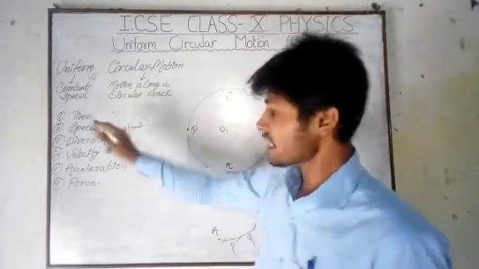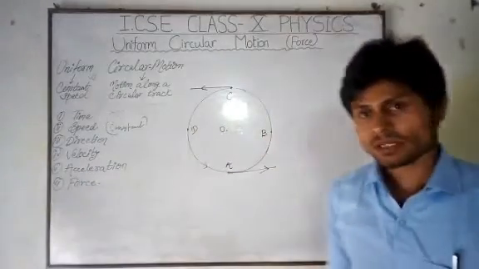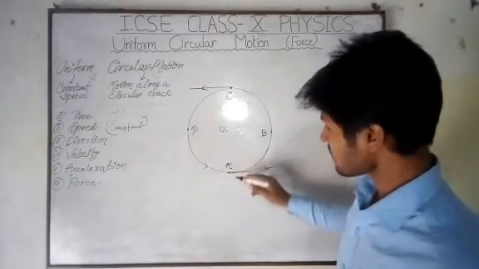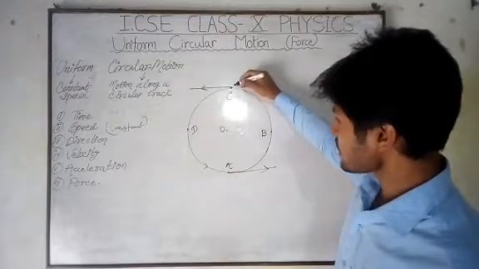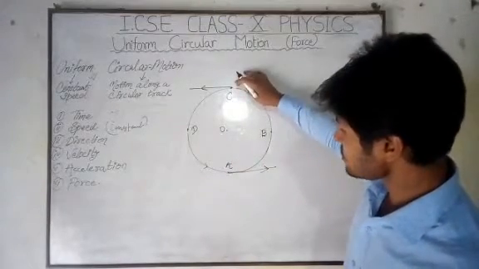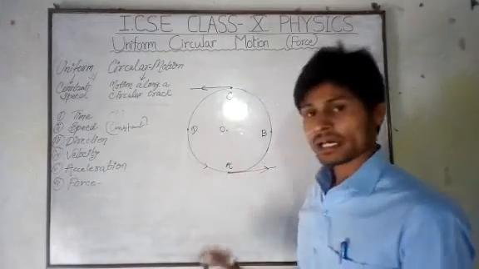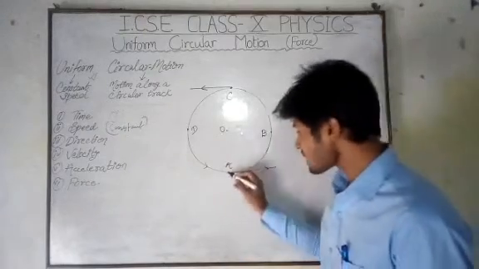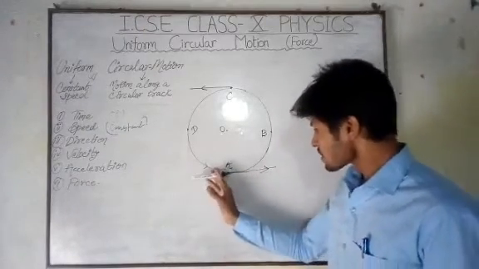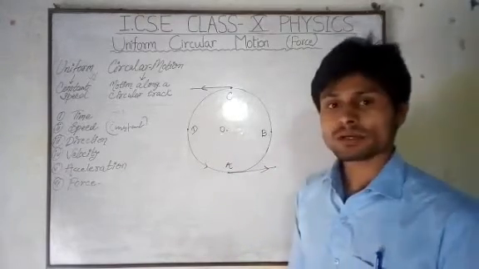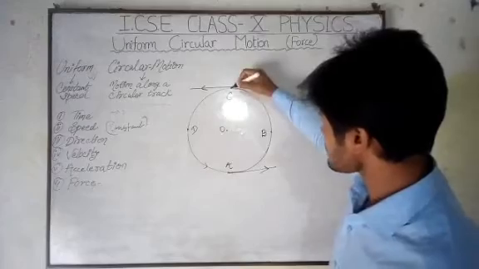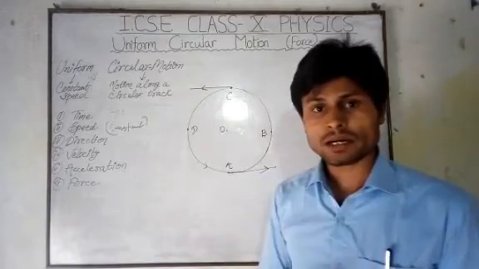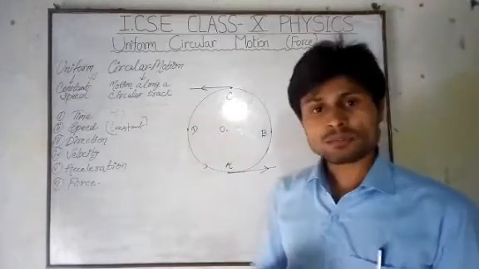Now what about the direction? Let's think about two positions of the particle as it moves along the circular track. Suppose the first point is A and the second point is C, which is diametrically opposite to A. If the object revolves in the anti-clockwise direction, at the point A the particle moves toward our right, whereas at the point C it moves toward our left. So at two different positions, the directions of motion are opposite to one another.